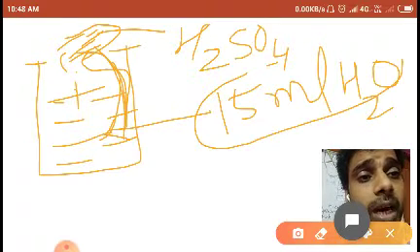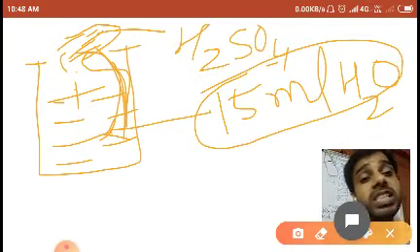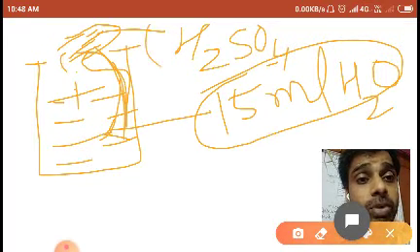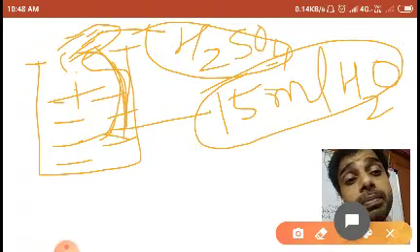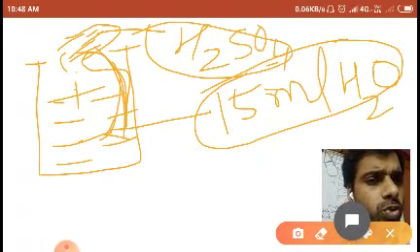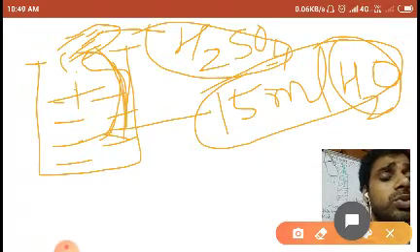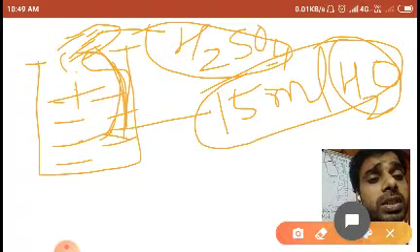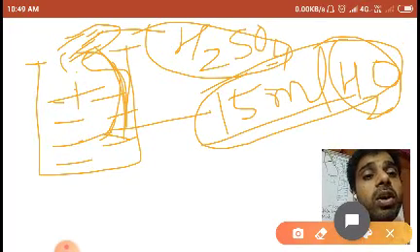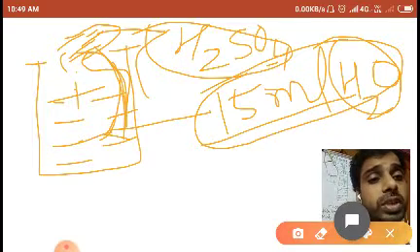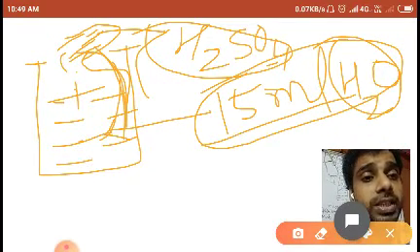Some students do this reaction the opposite way. They take H2SO4 first in a hurry, in the beaker, and add 15 ml or whatever H2O into that. And I am telling you, this is very highly exothermic. So dilution is not possible in that case, and you will be in trouble. So don't do that type of activity. Take H2O first and add H2SO4 into that. It will release lots of heat.